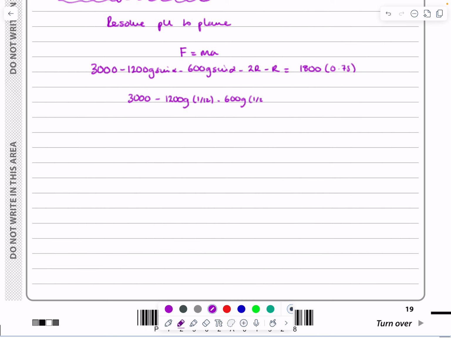That's a 12th, minus 3r. 1800 times 0.75 works out to be 1350. So we get 3,000 minus, that works out to be 150g there, minus 3r is equal to 1350. So we get 3r is equal to 1650 minus 150g. And so 3r is 180, r works out to be equal to 60